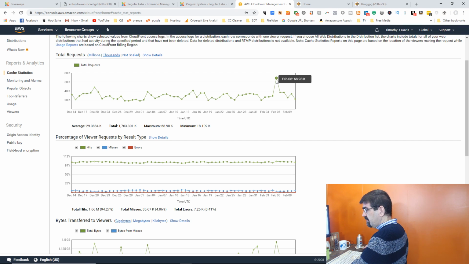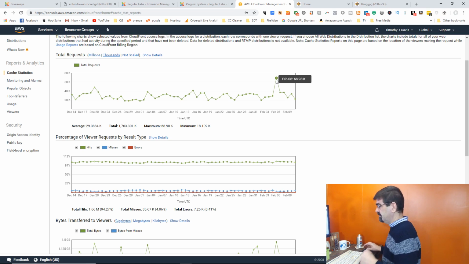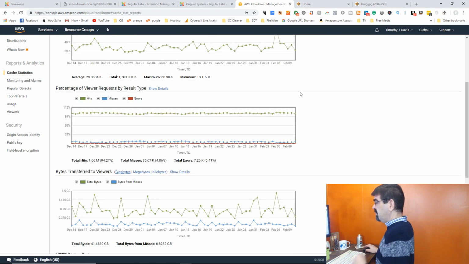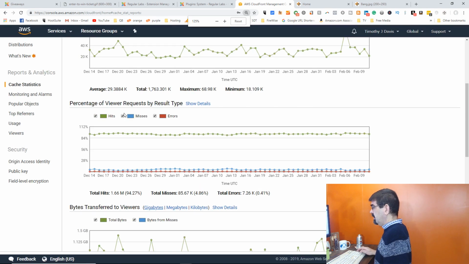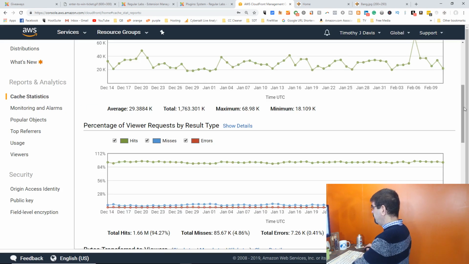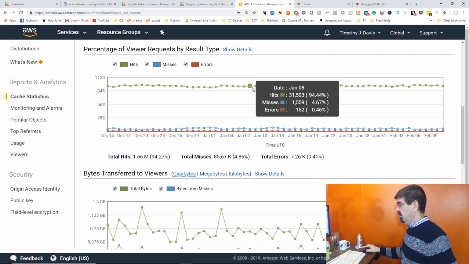Basically 69,000 requests that day. And that's requests for a file. So that's individual files asked for from the CDN. Percentage of viewer requests by result type. All right, so green here shows how many, I can zoom in a little bit here. Green here shows how many files were requested and actually were on the